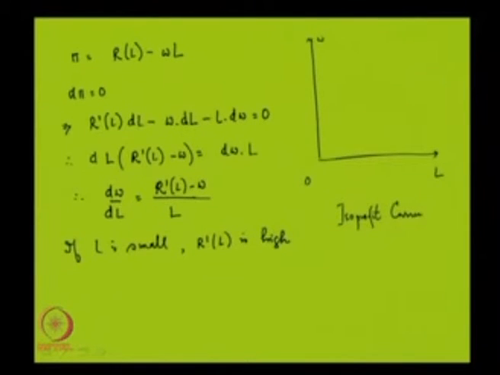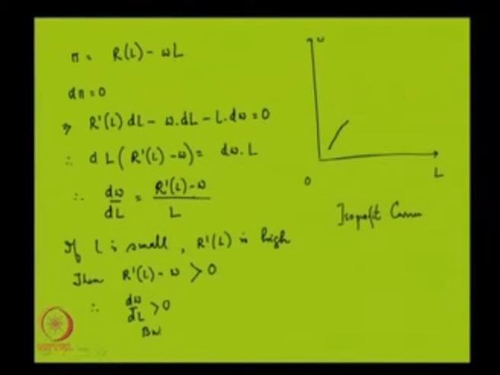If I take a high value of L, this R prime will go on declining. Now, if R prime L is high, then R prime L minus W will be positive, because I can take L as small as possible, so that R prime L eventually becomes higher than W. So, in this case, the slope of the isoprofit curve will be positive. So, it will be an increasing function like this,